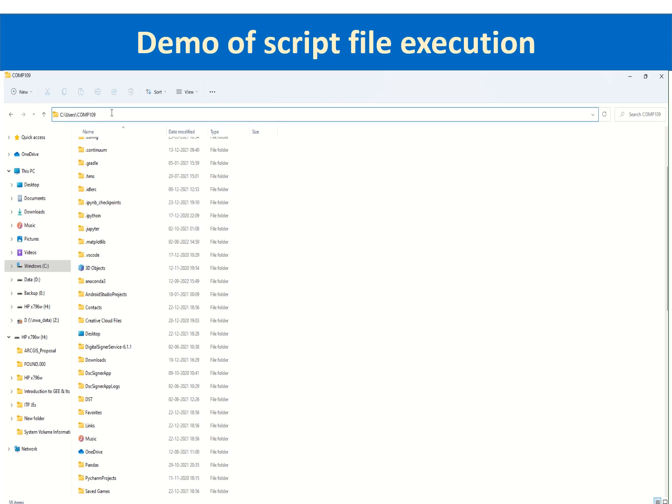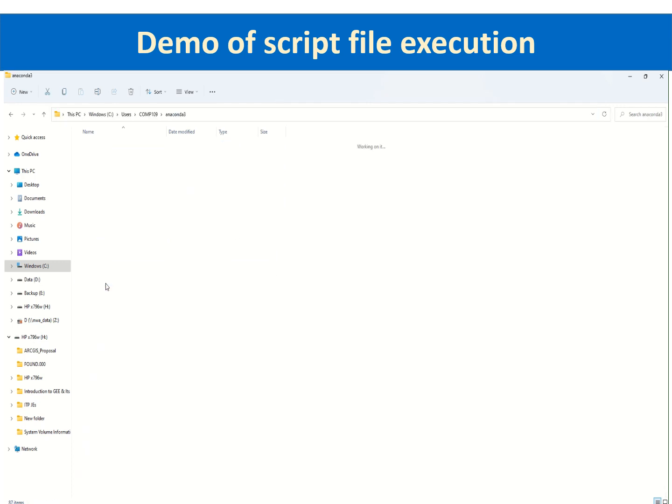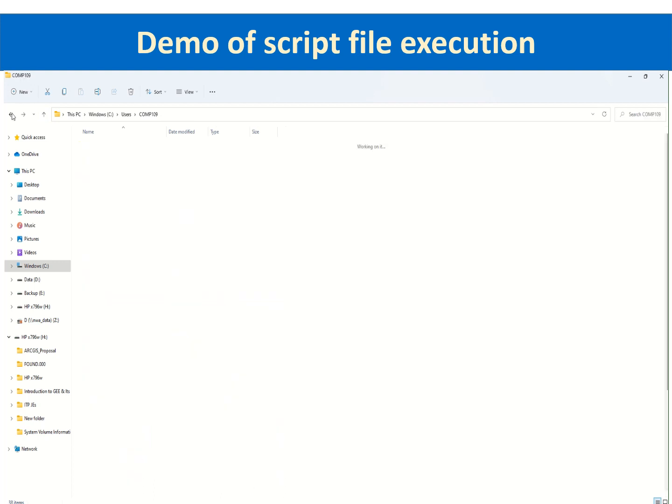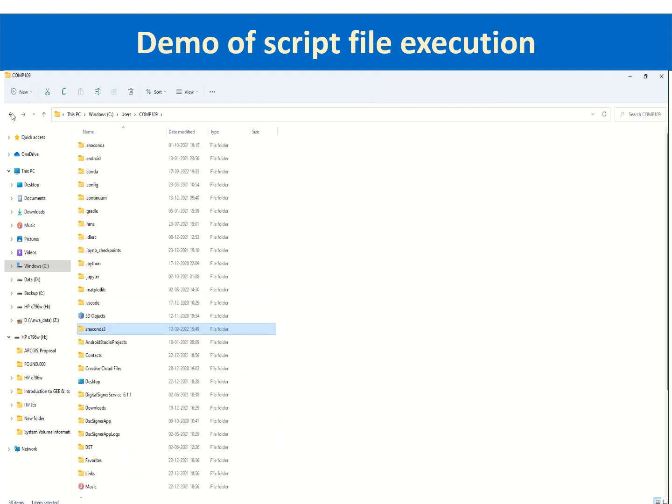the names of the folders and subfolders should not contain any spaces. In the working directory, you will find the folder Anaconda 3 containing all the environments, libraries, and packages which you had created or installed. Now in the same working directory, I will create a new folder and I will name